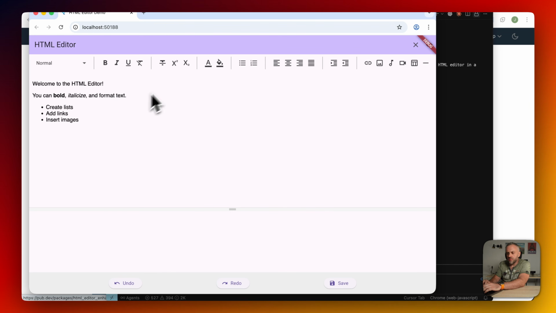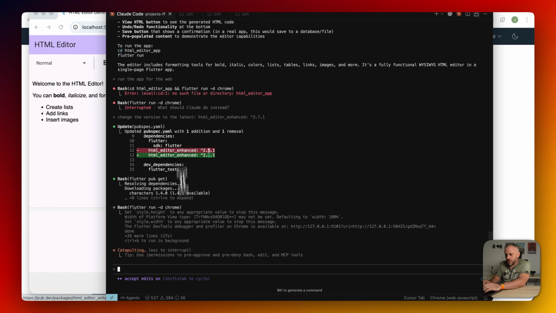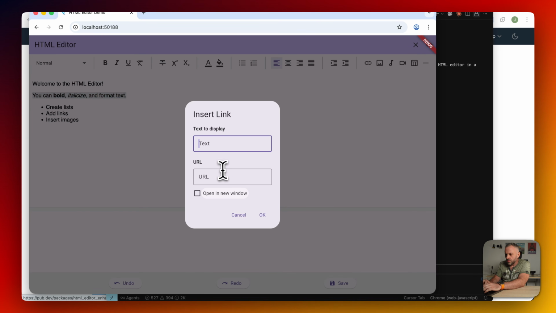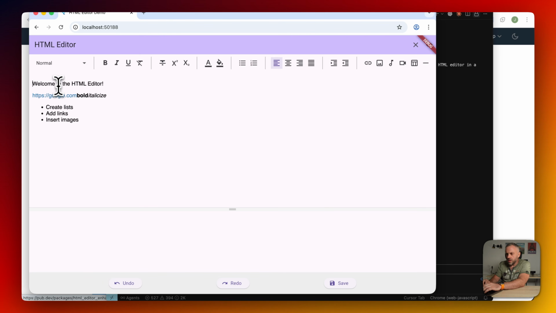And here's our app right here. I'm assuming it uses this new extension, and it does, because it updated the pubspec.yaml. You can see the update here. And there you have it. You can set links, really cool extension by the way. Let's say I set a link to google.com right here,